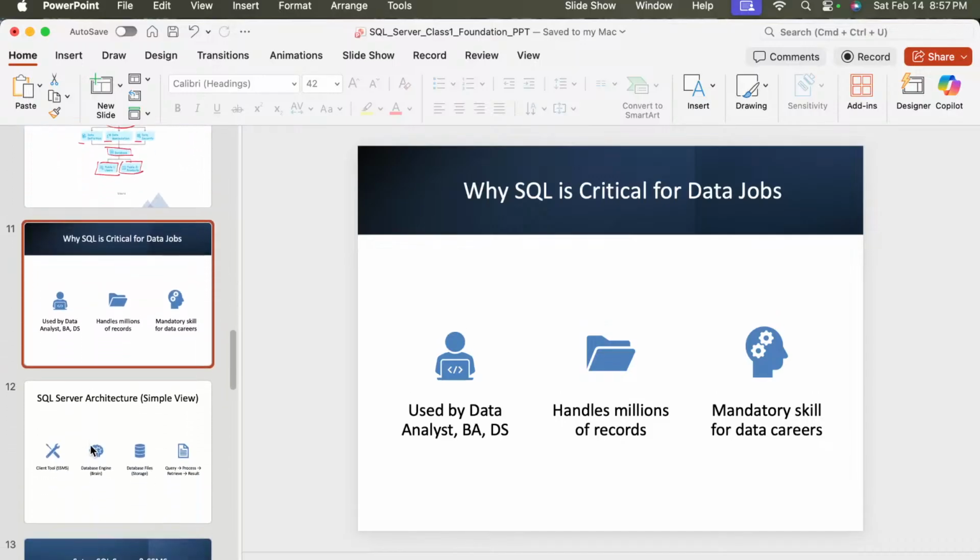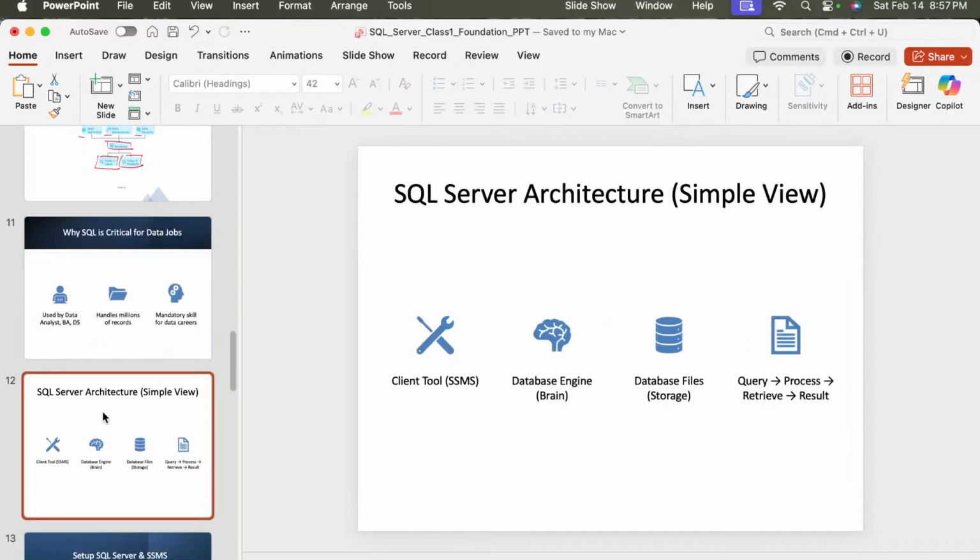If we talk about the SQL architecture, the client will have SSMS and a database engine. You can also call the database engine the database brain, and then there are the database files for storage, and the query process that retrieves results, right? This is the process we use under SQL Server database.